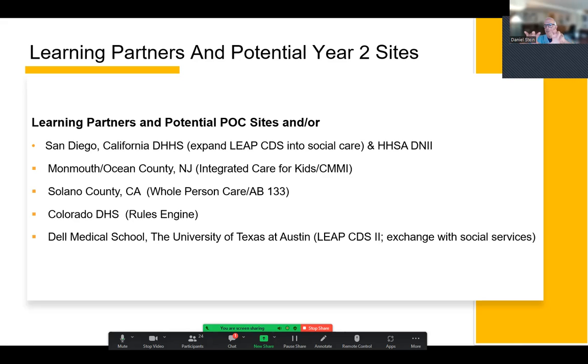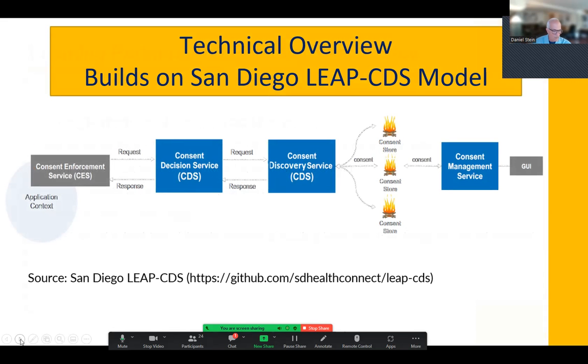Our goal is to not make this exclusive, but to layer around it those that are at different stages of interest, so that we can not only build the knowledge, but also spread it broadly and continue to learn from one another. And with that, Brian, let me hand it over to you to give a little bit of the technical overview here, and we'll see how much time we actually do have left here.